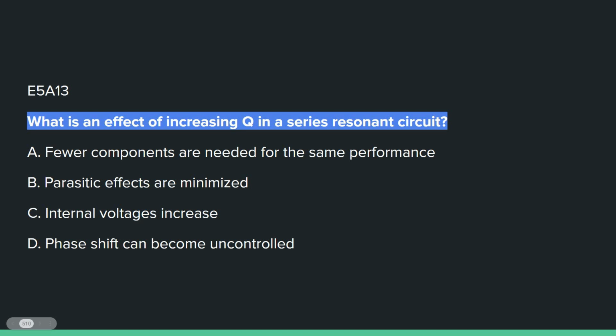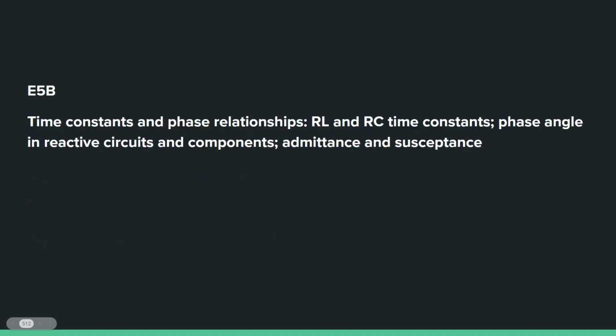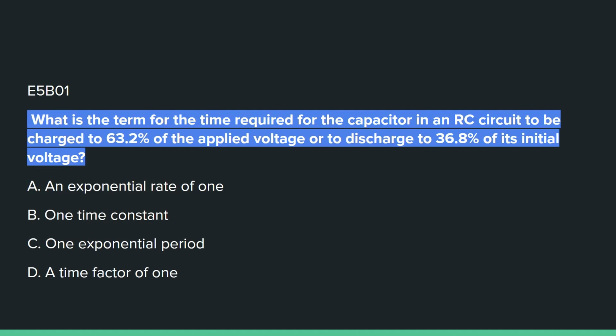E5A13, what is the effect of increasing Q in a series resonant circuit? C, internal voltages increase. E5B covers time constants and phase relationships, RL and RC, time constants, phase angle in reactive circuits and components, admittance and susceptance. E5B01, what is the term for the time required for a capacitor in an RC circuit to be